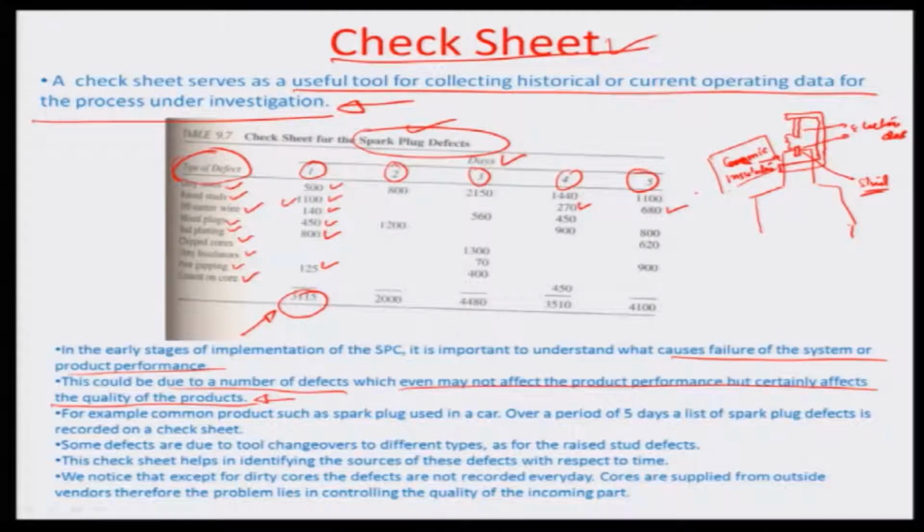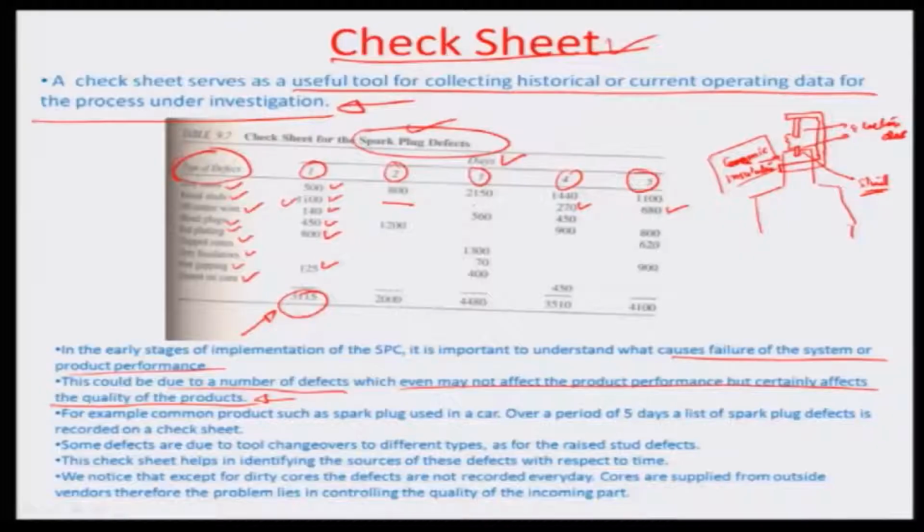So probably this stud defect is because either it is towards the end of the tool change or the beginning of the tool change which is causing this, and probably around this region, let us say. So obviously from this check sheet one can interpret that on day 2 and day 3 there are no raised studs. Probably the machine which is used to pinch the stud and place the stud into the ceramic core